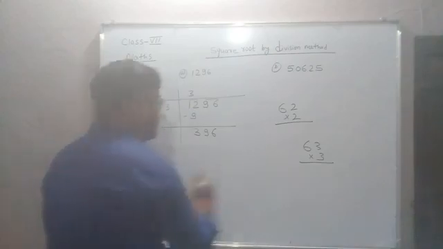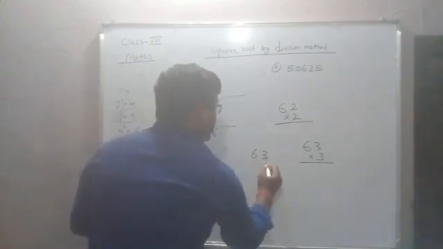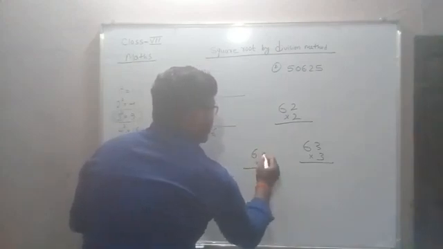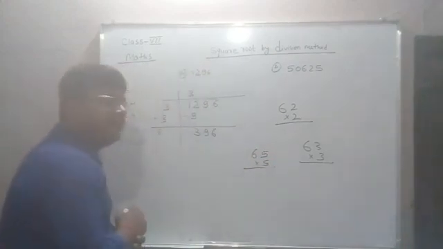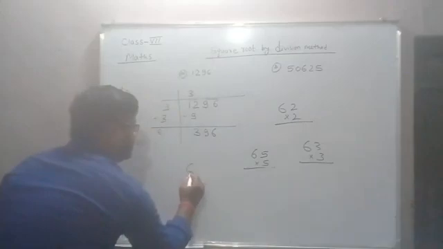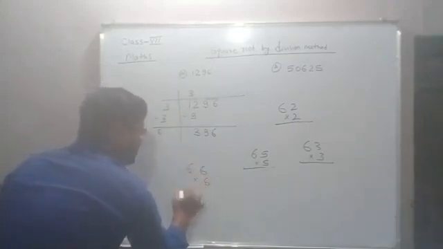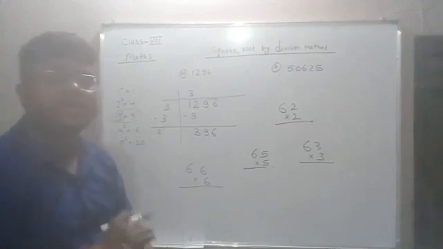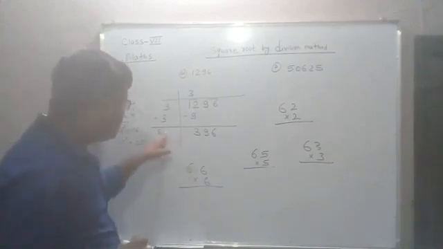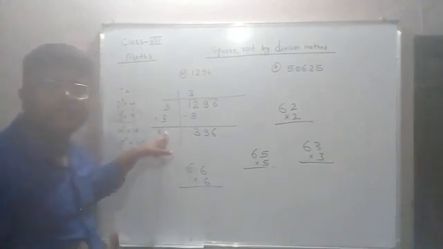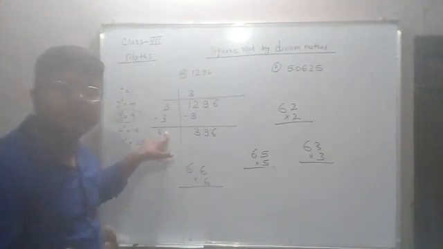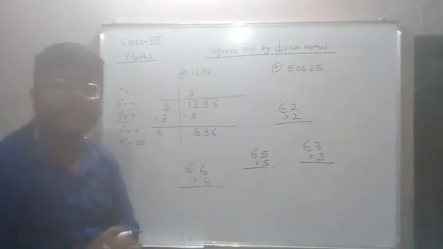Okay, if I write 5 here, I have to multiply by 5. If I write 6 in front of this, I have to multiply by 6. So which one is the correct one? Any number we can write. We can write 0, 1, 2, 3, 4, 5, 6, 7, 8, up to 9. Any number we can write here.